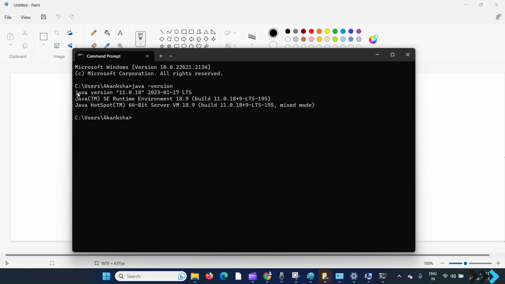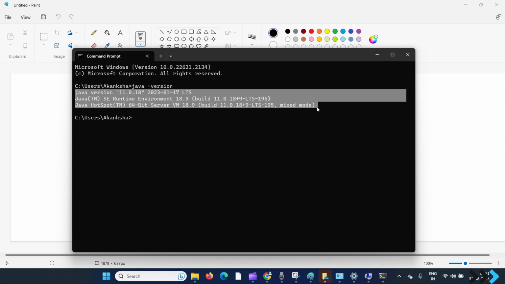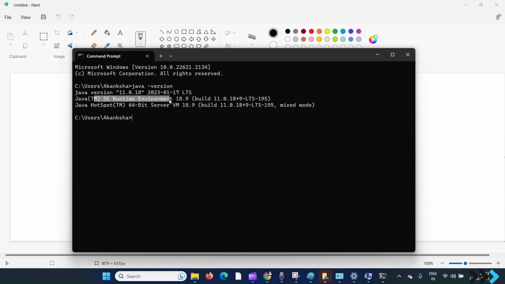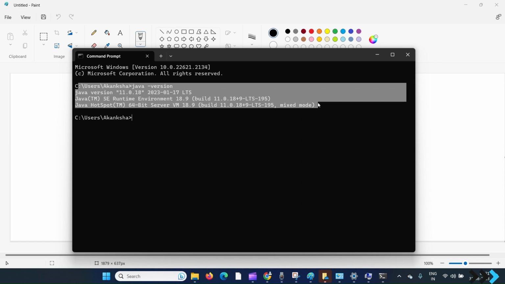So you can see Java version is 11. Okay, runtime environment 18.9, build is this. Okay, the 64-bit server, you can see all the details here, right? So now you know that you have Java installed in your system, right?